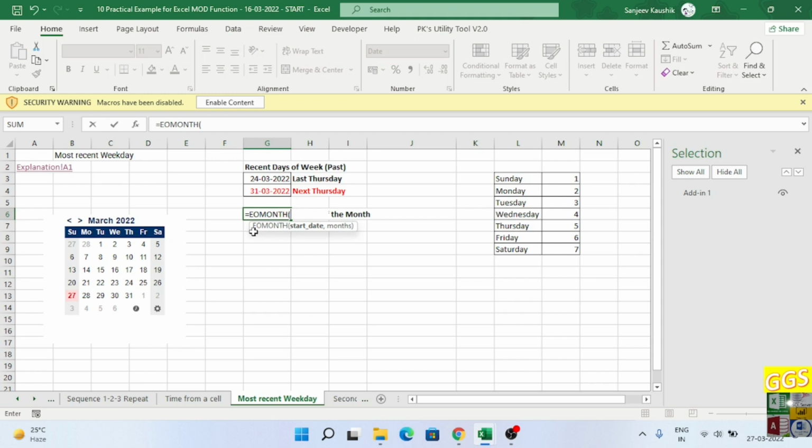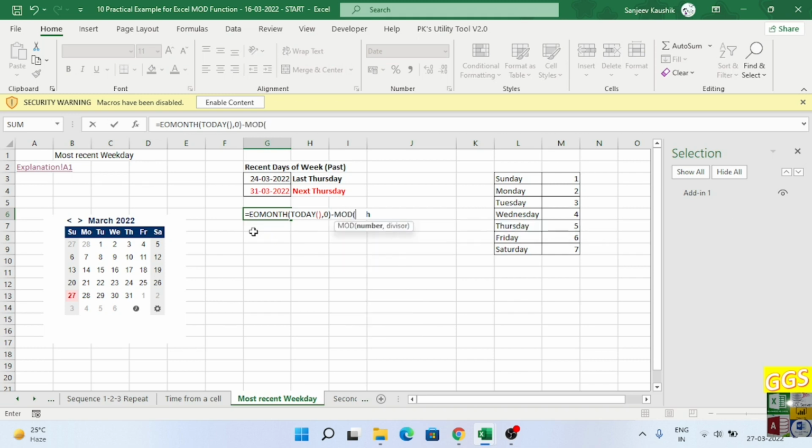Okay. So now since we are talking about this particular month, so again we can use today function in this, or we can hard code today's days, which is 27th March. Okay. But for the convenience, we will use now here. See, we want to know the last Saturday for this particular month. So this month we will use 0. Okay. Now again minus